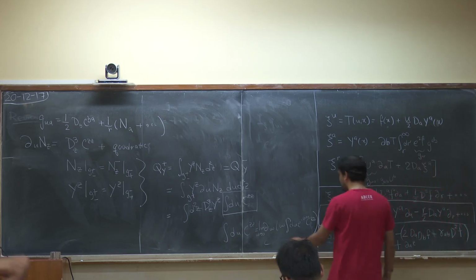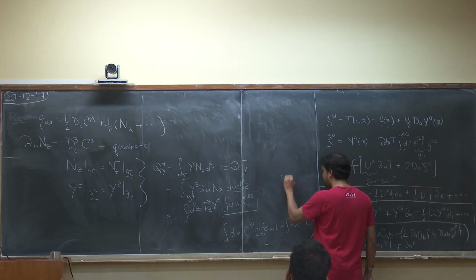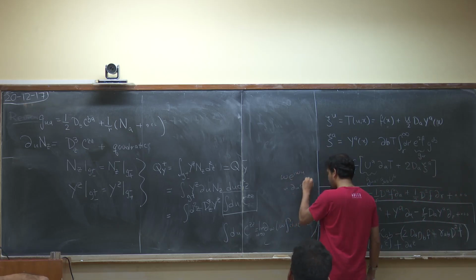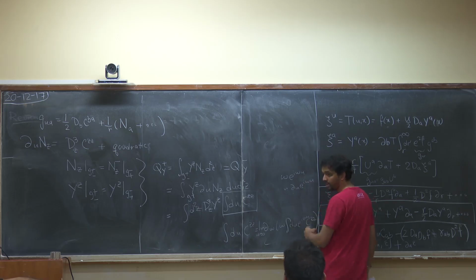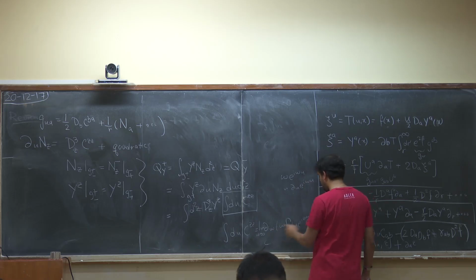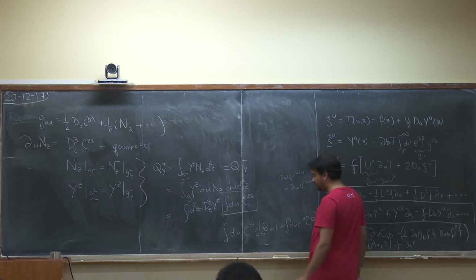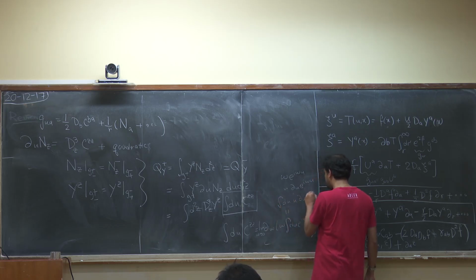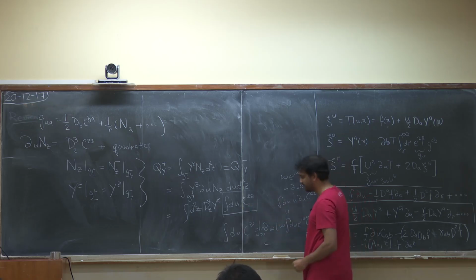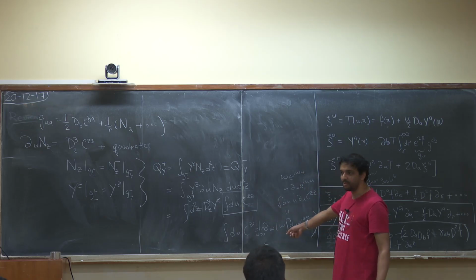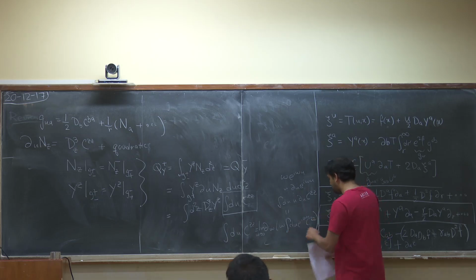Right, so omega e to the i omega u, I can write as del u, and then integrate that by parts, so I'll get a del u acting on this. And then the del omega acting on that will pull down a factor of u. And then I can take the omega goes to 0 limit. So this thing will basically be equal to u del u C zz. And then I can integrate by parts in u, and I get that thing. But this is precisely picking out the subleading mode, because now there's no u derivative anymore.